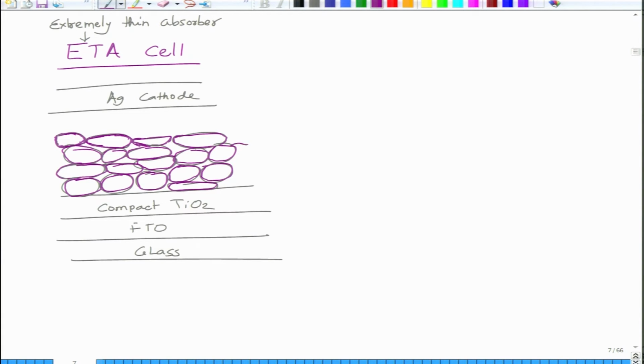Okay. So this is now ETA, extremely thin absorber layer. These particles are again TiO2, and this is HTM as we used earlier, and this thickness is about 1 to 2 micron. Okay. So, the only difference with the previous design is that instead of using a dye, we are using an absorber material. Okay. And this gives rise to what we call as now the perovskite solar cell, where we have a